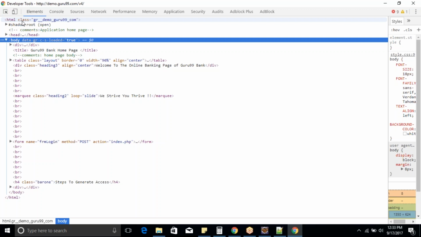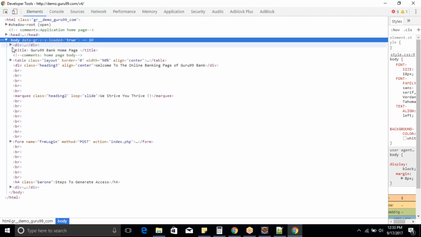Even your HTML has a class. Then inside this we have a head, and then we have a body. Inside body we can have divs, tables, forms, many things. There are many things in it. Okay. Now